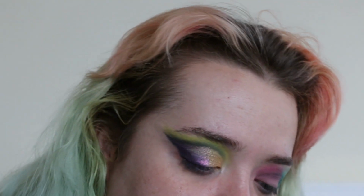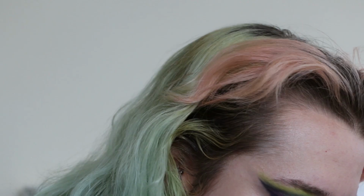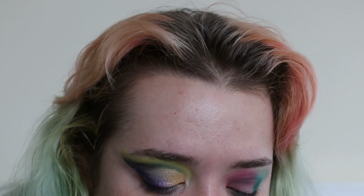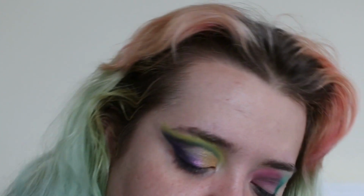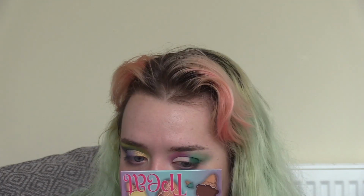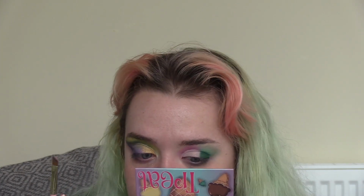Right, I don't know whether I want to, do I want to put the crease? Maybe. I don't know. I've got some base left on my hand, so why not? We're just going to do a half cut crease for this one. I'm going to